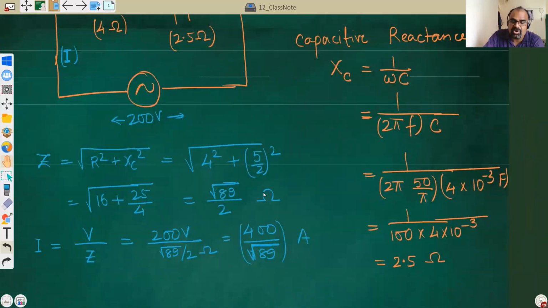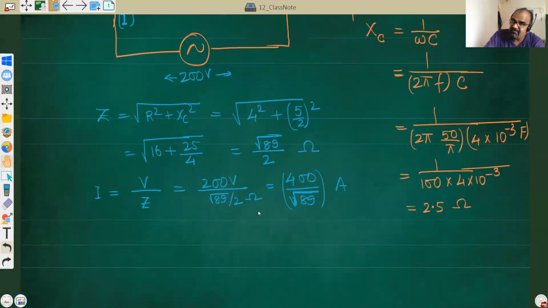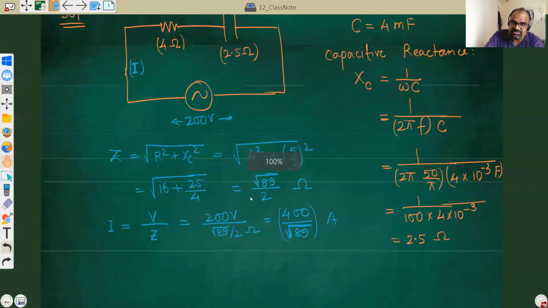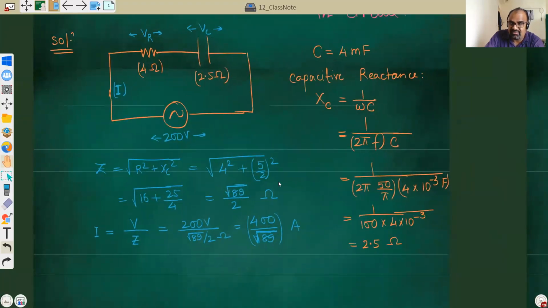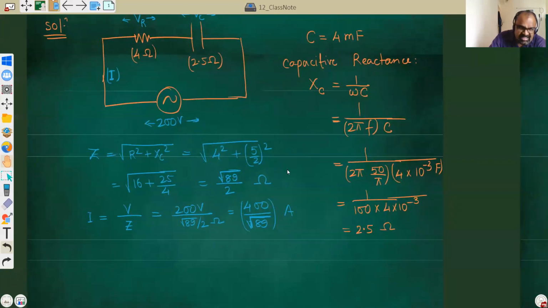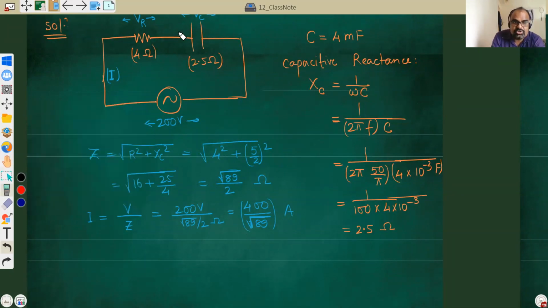So for that we need to draw a phasor diagram. Now again we can use a formula, but the phasor diagram is of utmost importance. Even though sometimes we can solve the problems without drawing phasors, we should always draw the phasor diagram. So which phasor do we draw as the first phasor? Always the current phasor is drawn first. Every other phasor is drawn relative to the current phasor. So this is the current phasor.